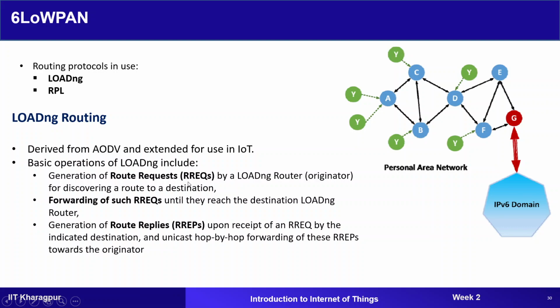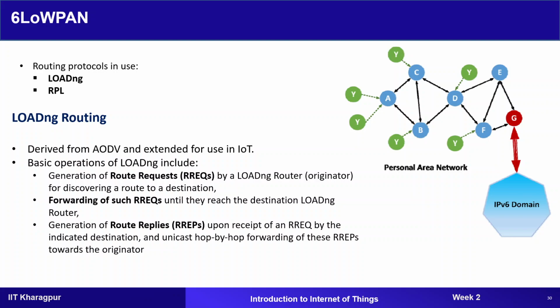First of all, a route request is generated in order to discover the route. Then these messages, that is the route request messages, are sent by the router. Once these messages reach the destination node, the destination node will reply with the complete path which was followed by the route request. In this way, the particular node which wants to send data to the destination gets to know about the path that it should follow in order to send the data.